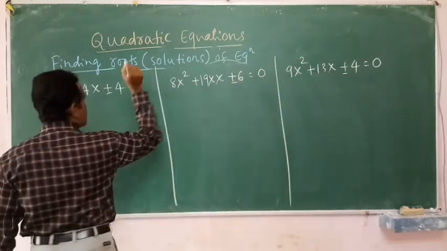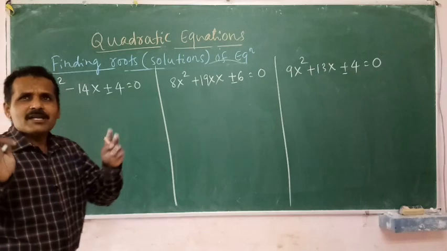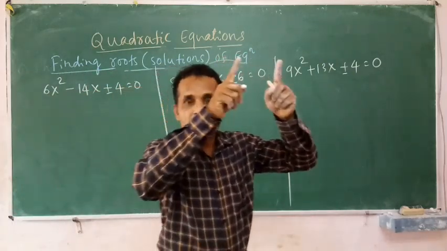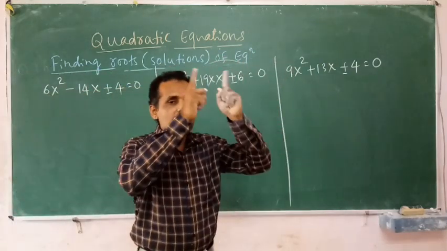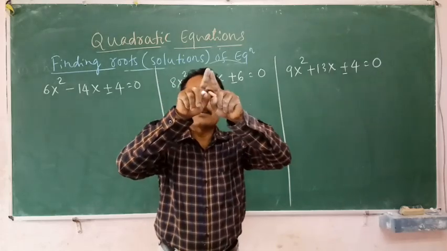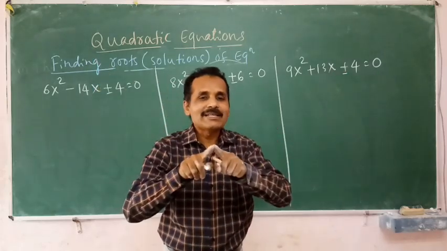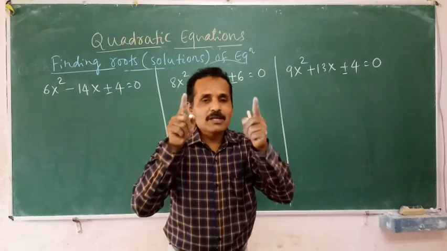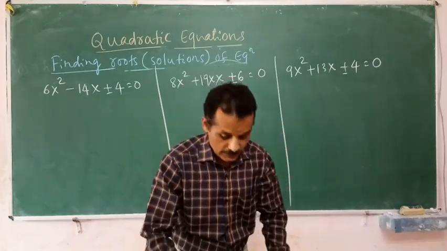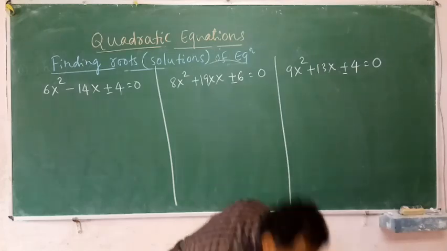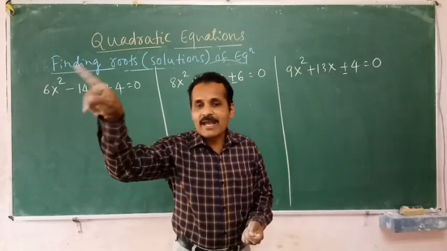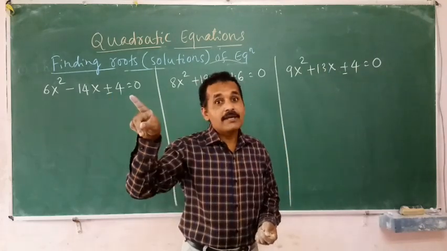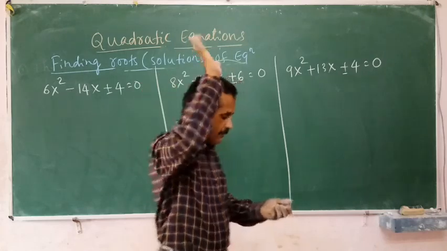Everywhere the last sign is positive. See, last sign positive, your mind should work. Last sign positive, the middle terms are both plus plus or middle terms are both minus minus. And plus plus or minus minus in both cases we are adding. Plus plus also to be added. Minus minus also to be added. This point has to be kept in mind.